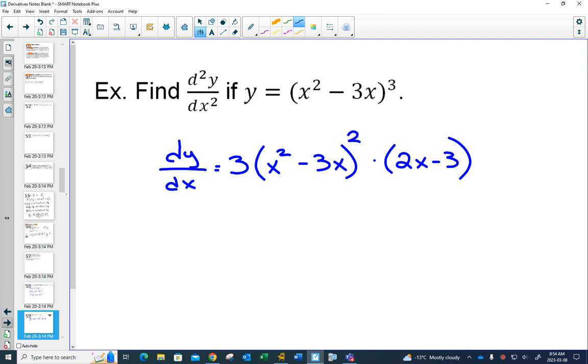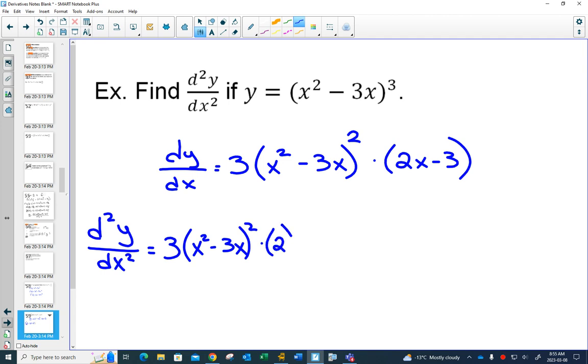Now we have to do the derivative again. Either A, you can multiply it all out, or do you see that you have a product rule and a chain rule? So I'm going to find my second derivative now. I have two things multiplied by each other. So product rule says keep one the same, multiply by the derivative of the second one, plus keep the second one the same, multiply by the derivative of